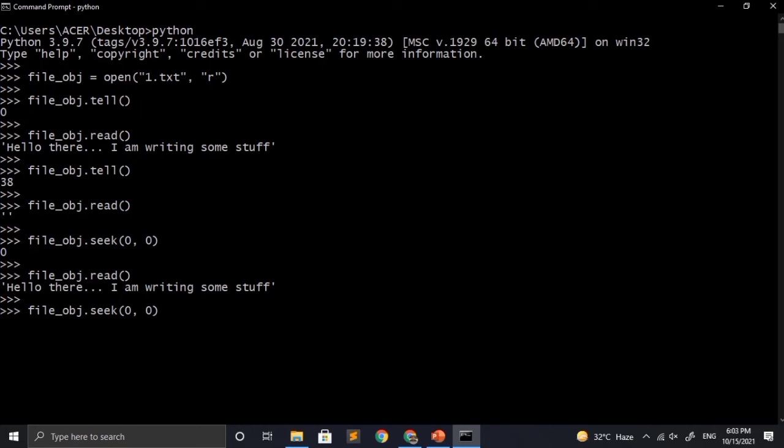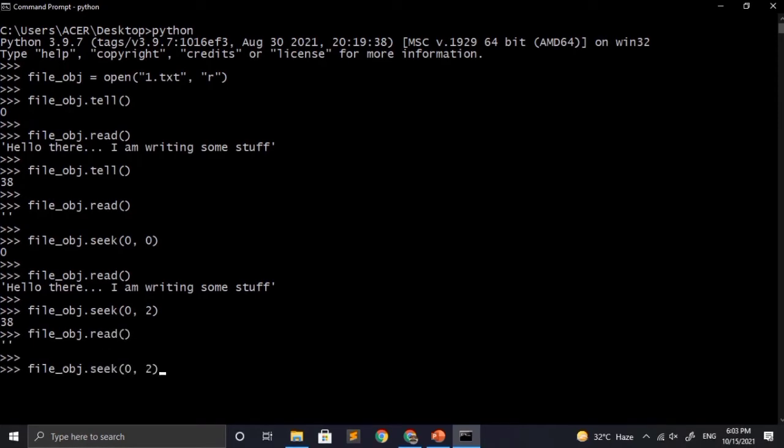Now let's try to set the reference of the cursor at the end of the file using the seek method. So for that we will be doing fileobject.seek(0, 2). So 2 means put the cursor at the end of the file. And we know that while setting the reference we should always keep the offset as 0. So here we can see that it returns 38 bytes, which means that the cursor has moved to the end of the file, and now the cursor is 38 bytes away from the starting point. Now if I again try to read from the file, then it will again return empty quotes because we are at the end of the file.